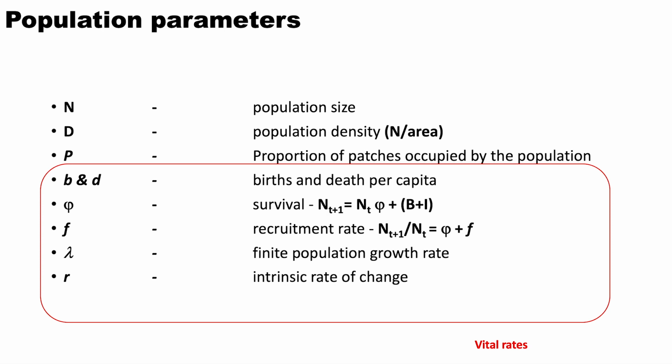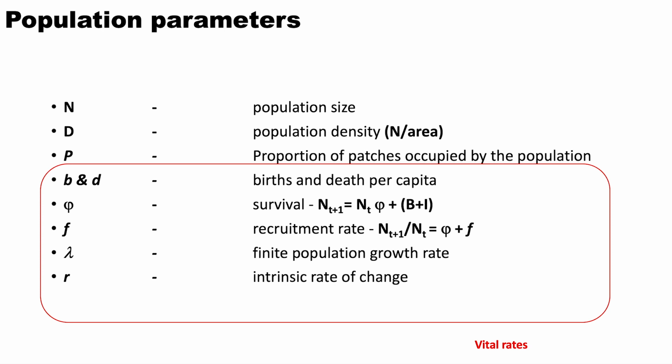The other way of looking at it is that you study the same population in one place, and then you see the changes happening to that particular population over time. Depending on your question, you might want to look at state variables or vital rates. But most often, in terms of conservation, we are interested in looking at how the population is doing over time. So we should always be trying to get at vital rates.